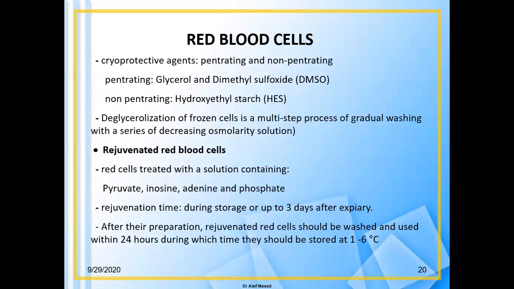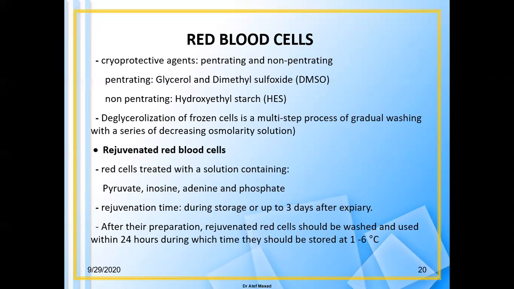When we need these RBCs again, we have to deglycerolize them by this multi-step gradual washing. So we wash these RBCs with a solution like saline, but we use a high concentration of saline for several washes, decreasing the osmolarity. The concentration of salt in the saline will be decreased gradually to remove the glycerol,